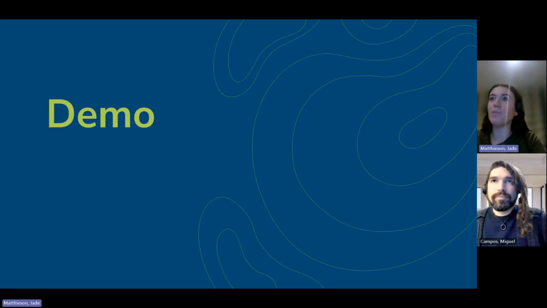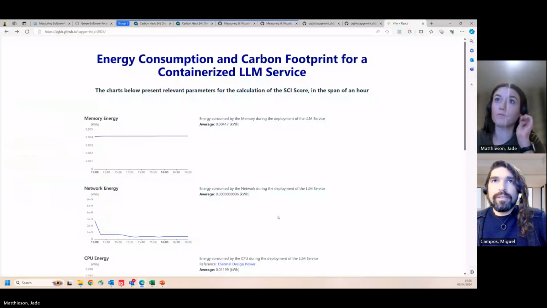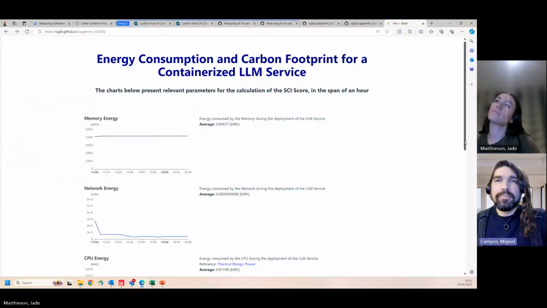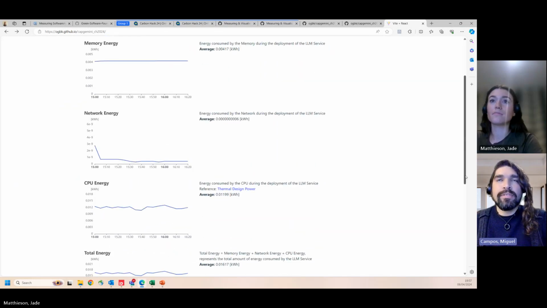So we'll just move on to the demo. We are not going to obviously run the whole plugin because it takes some time, but the file gets loaded into the GitHub, and then the user can see basically the different sources of energy consumption and carbon